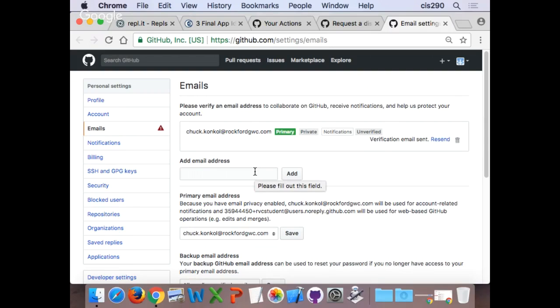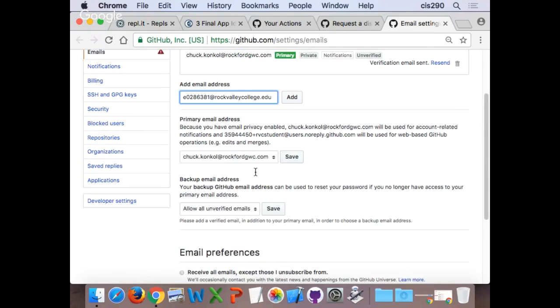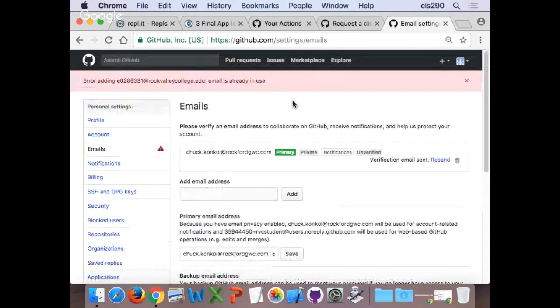And here's where you can add in your email address, your school email address, which I'll put mine in there. It will send you an email, though, to verify that you actually have that email address. So you're going to do the S number at student.rockvalleycollege.edu. And I'm going to use mine, so that won't work, but you guys can use yours.